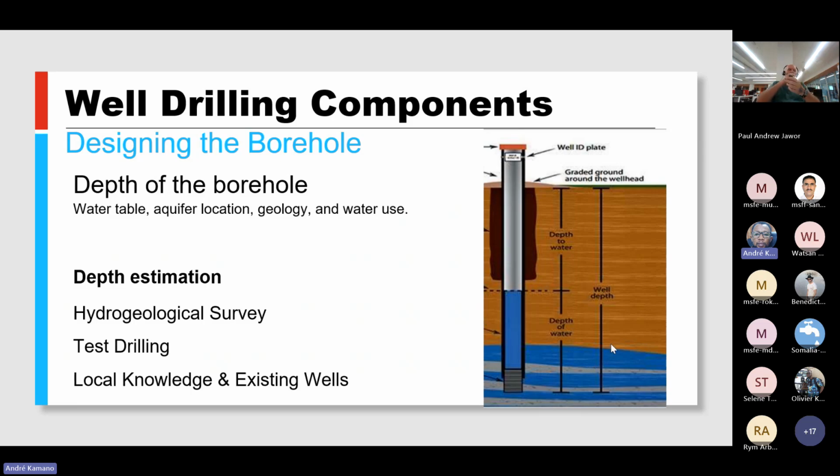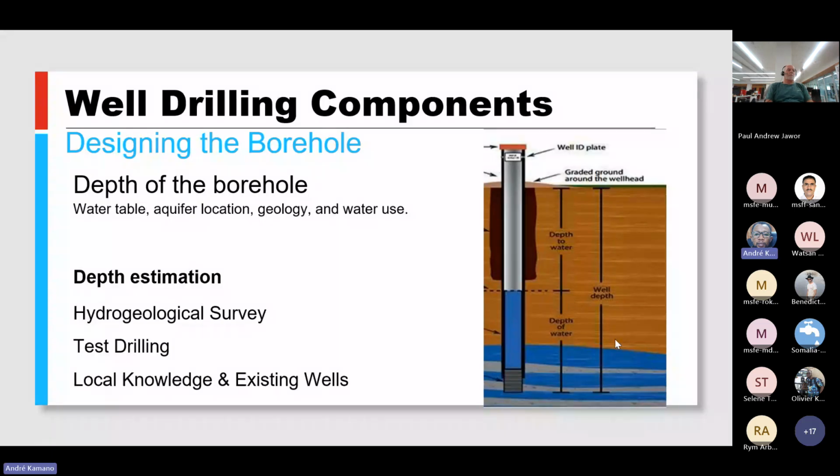Test drilling consists of drilling a pilot borehole while monitoring water strikes and inflow, which indicates the aquifer that we have identified, or that may be preferable for our borehole. The third point that we can use to estimate the depth of our borehole is local